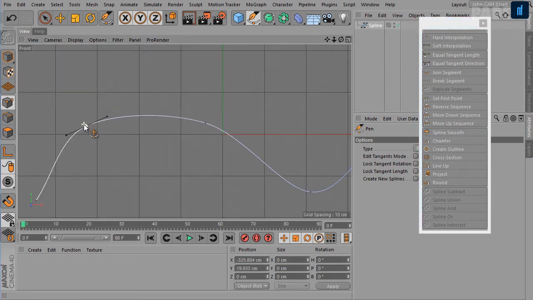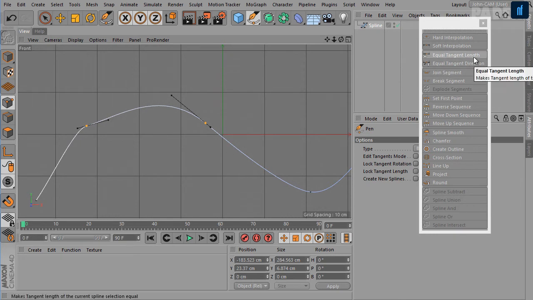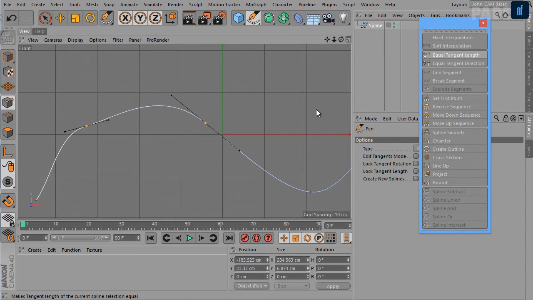So if I go ahead and change the size of the tangents of these two points, and then select these two points and execute this command, equal tangent length, you will notice that the shorter tangent handle is set to the length of the second associated tangent. So let's go ahead and execute this command, equal tangent length.